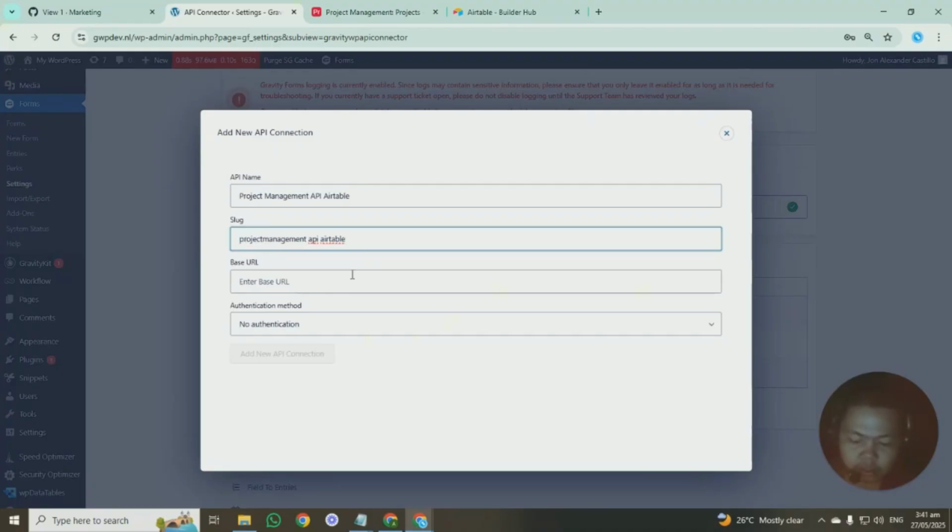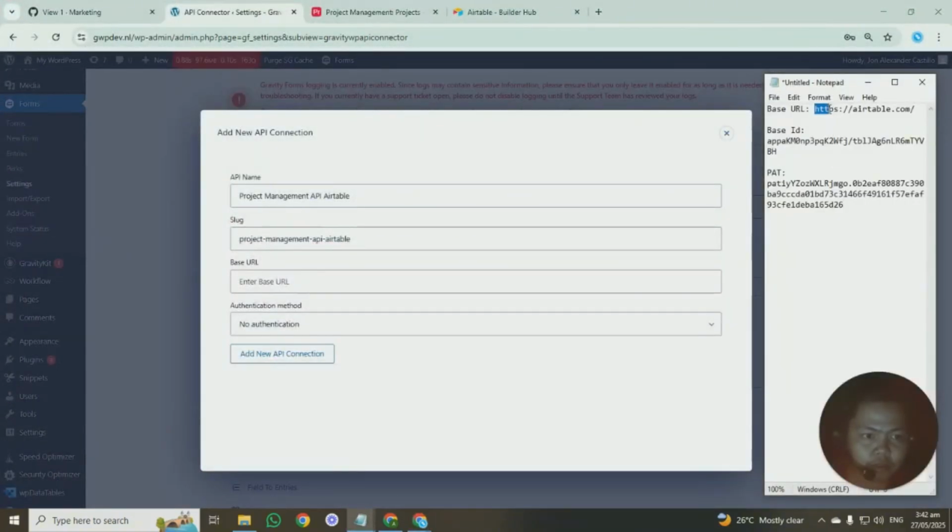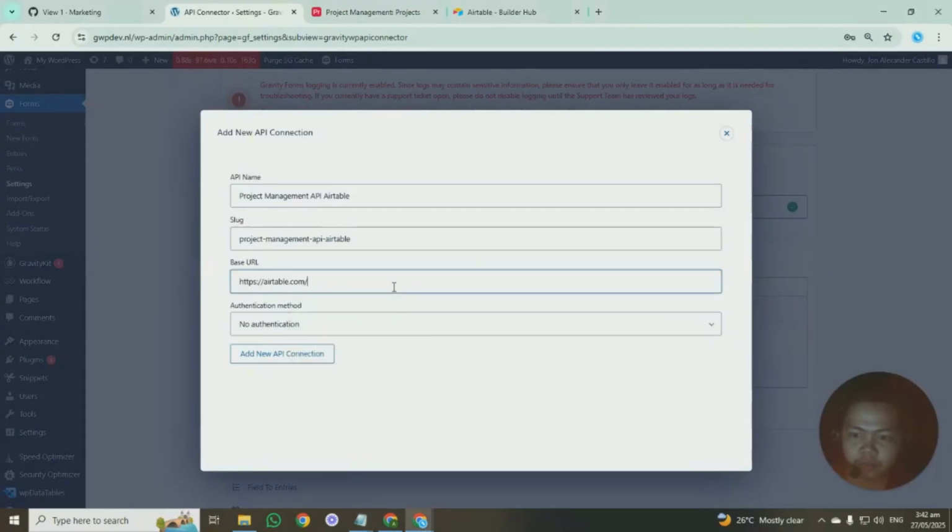Well, this is all based on your preference, whatever slug you wanted to use, but for my preference, I want to use this method. Alright, so for the base URL, we are going to copy and paste our base URL that we got earlier. So here's mine. Okay, but this is not the complete base URL that we are looking for, because we are indicating that we want the API of our Airtable base. So we are going to put